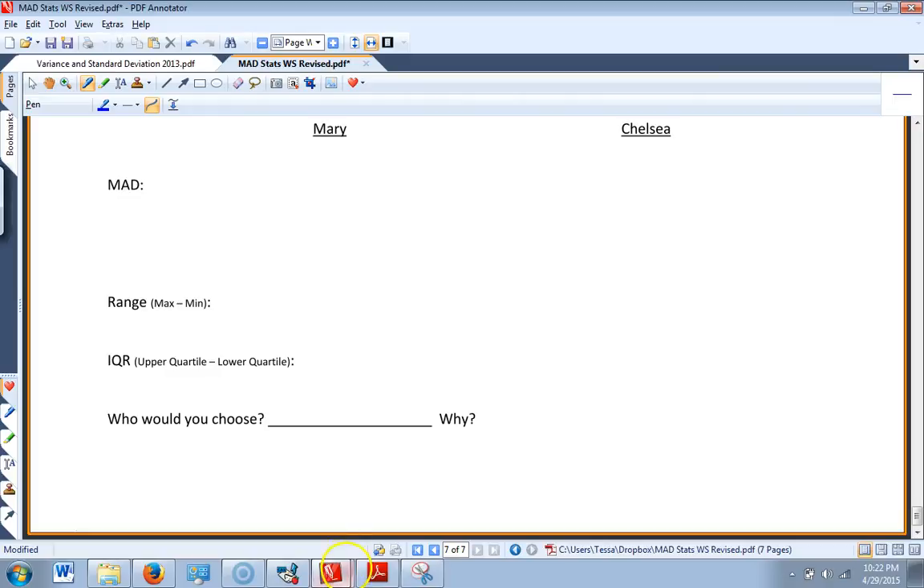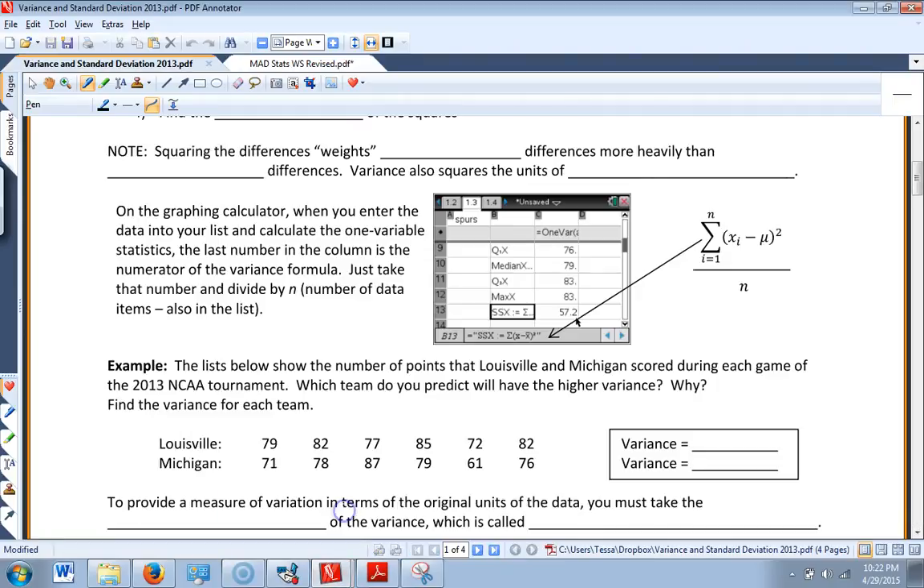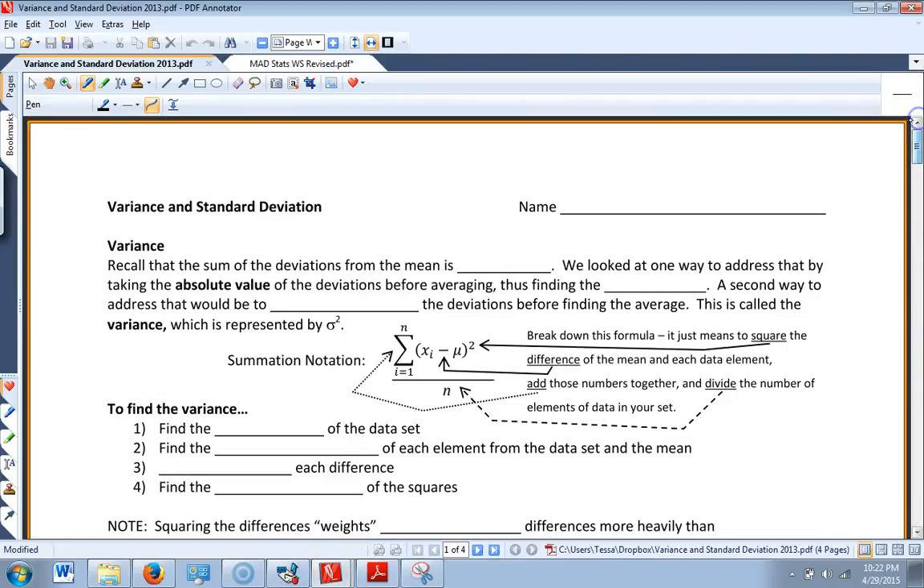Now go ahead and get out the piece of paper, or flip to the page that starts off with variance and standard deviation. The sum of the deviations from the mean is equal to 0. We looked at one way to address that by taking the absolute value of the deviations. That got rid of my negatives and found us the MAD, the mean absolute deviation. The second way to address this would be to